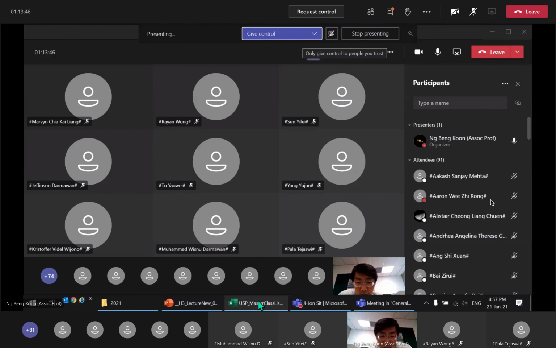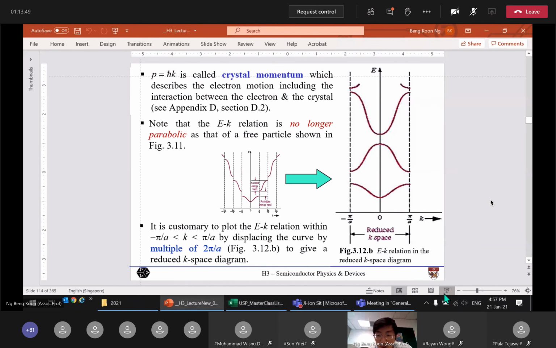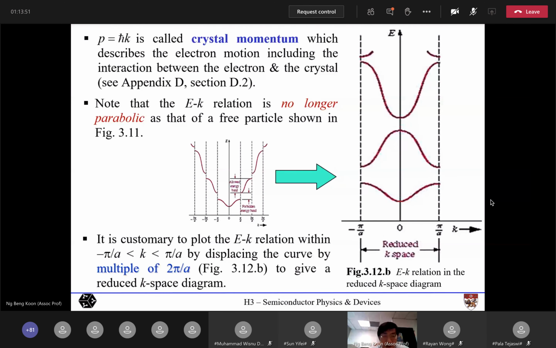Okay, everything is good. Let's continue now. As I was saying, because of the periodic nature of the potential energy in the crystal, in this EK solution we can shift the curve by integer multiples of 2 pi over a, and it doesn't change the behavior. So again, don't worry too much, just appreciate it. If you do that, you get this kind of relation,